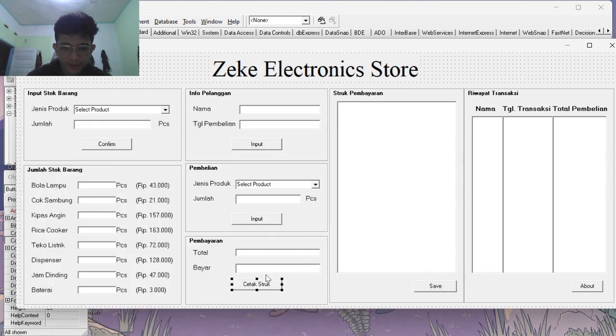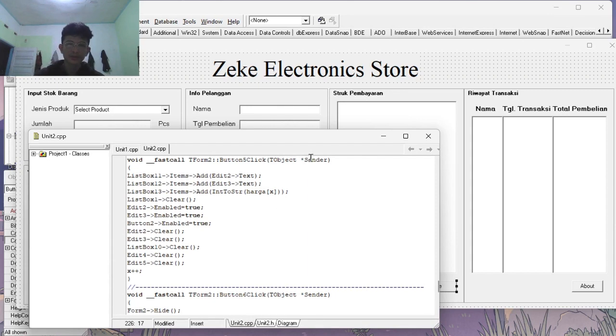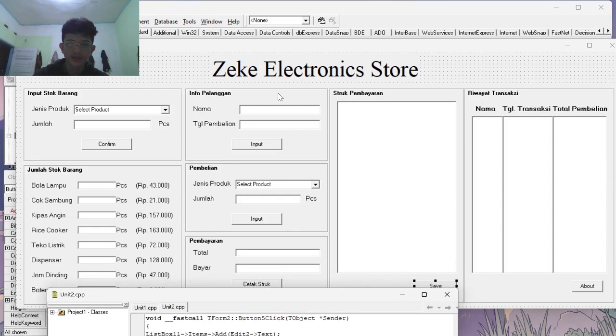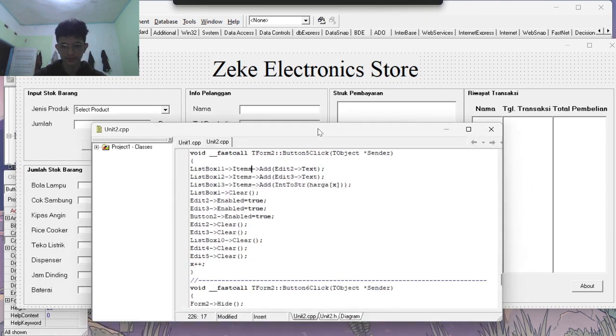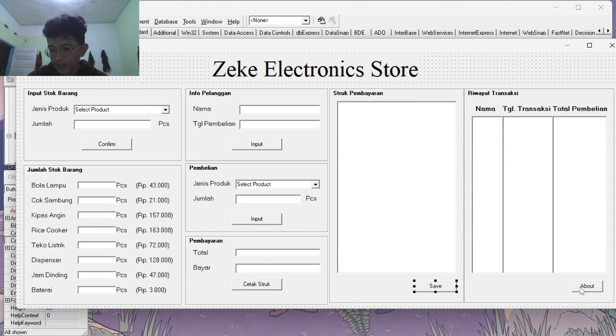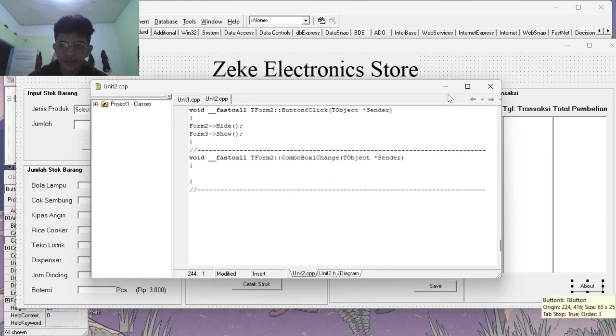And after that, this is finished, and then this save button is basically it clears all of the boxes from the customer info down and goes to the payment receipt. And then the coding is basically like this, so it disables and enables everything, and then clears the boxes, and also resets the array coding. And for the last one,